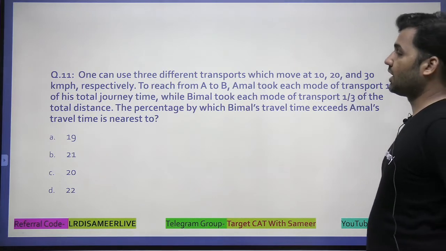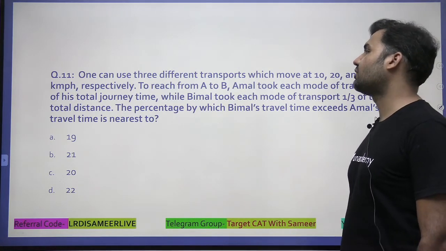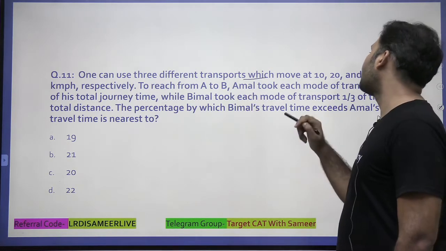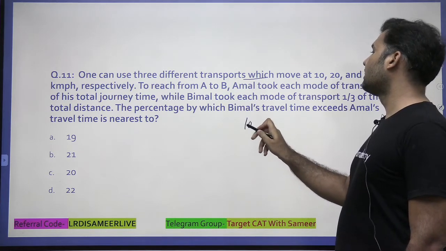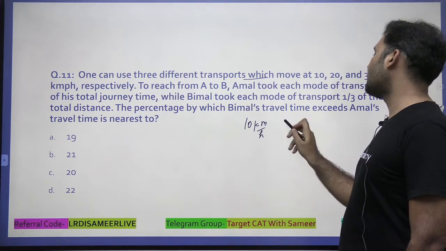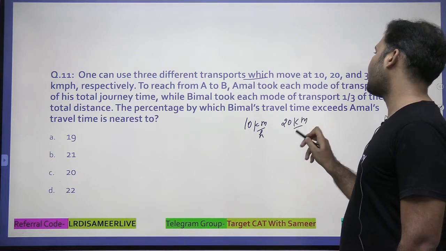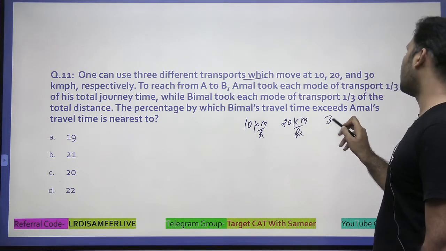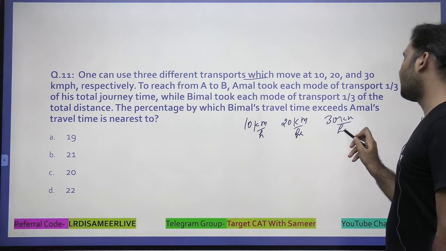Let's do one more question, guys. Question number 3. Again, a simple question. One can use 3 different modes of transport which move at 10 km per hour, 20 km per hour, and 30 km per hour. Now to reach from A to B,